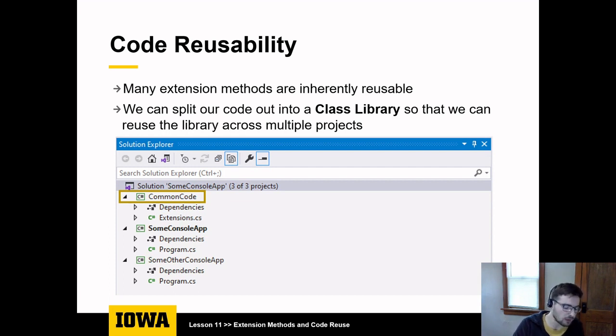And so one thing we want to observe with extension methods, and kind of the reason I've combined these topics, is that a lot of extension methods are inherently reusable. For example, given a list of strings, create one string that's a comma-separated list of all the strings that were in the list. That's something you might want to use in a lot of your applications. Or an even better example, an extension method that determines if a string is a valid email address. Every app ever needs to determine if a string is a valid email address